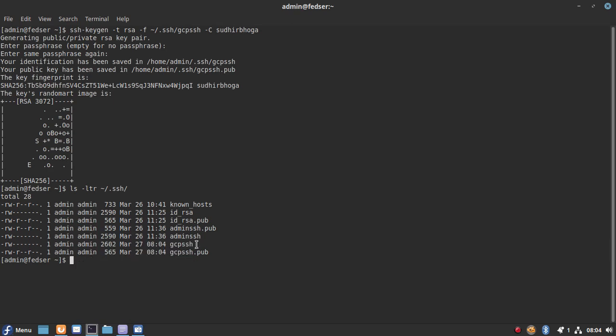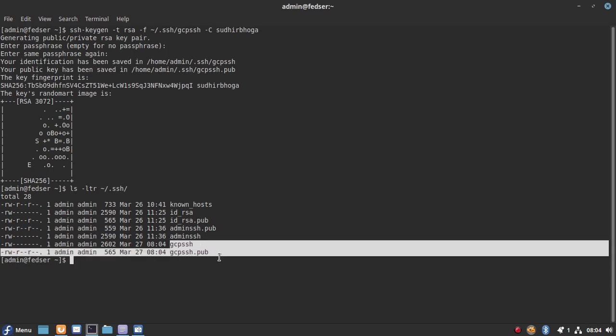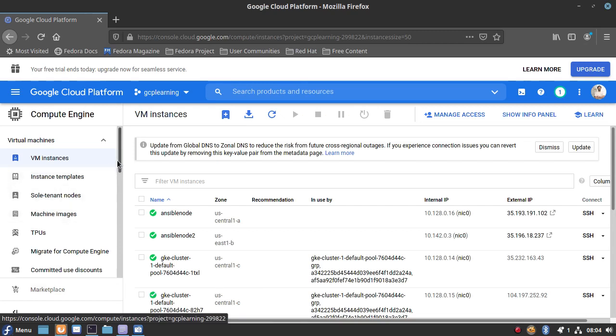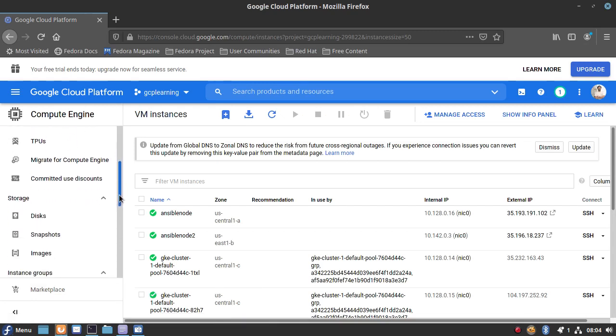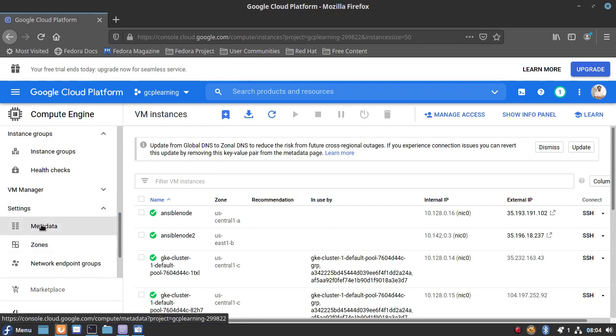The first one is the private key, and the second one is the public key. So the second part, the public key, we need to copy into the Compute Engine settings metadata section. So here you can go and copy your key, that is the public key, and save it.